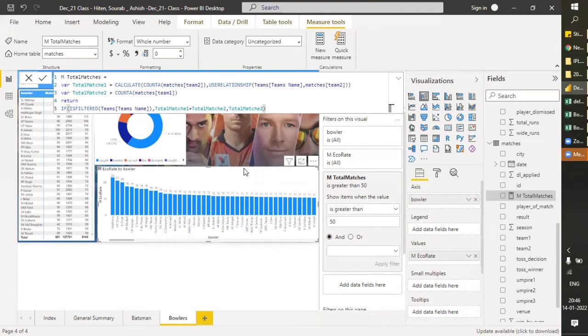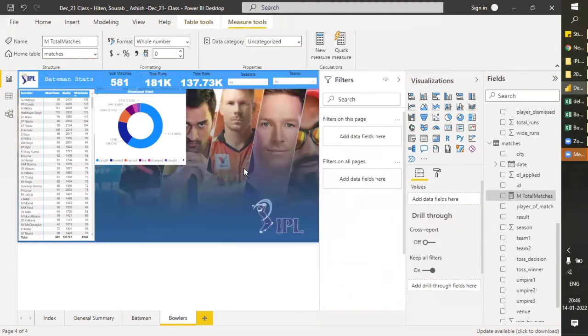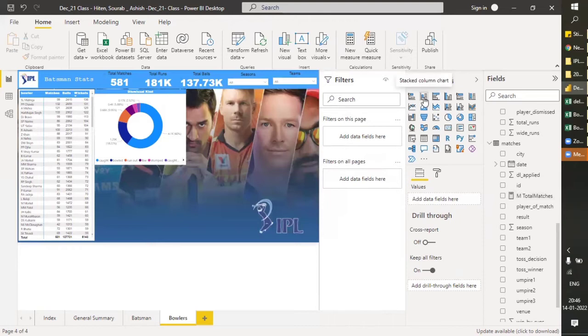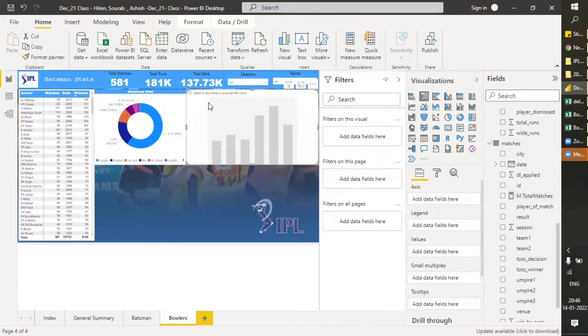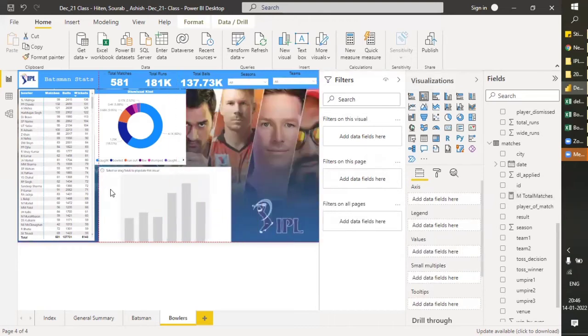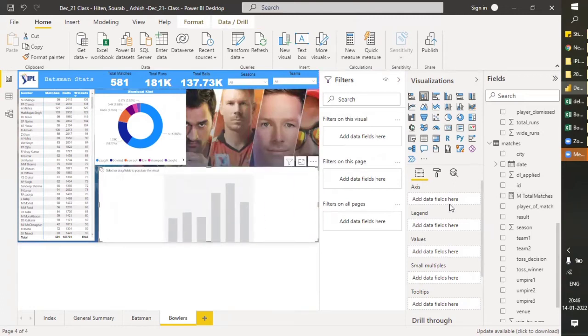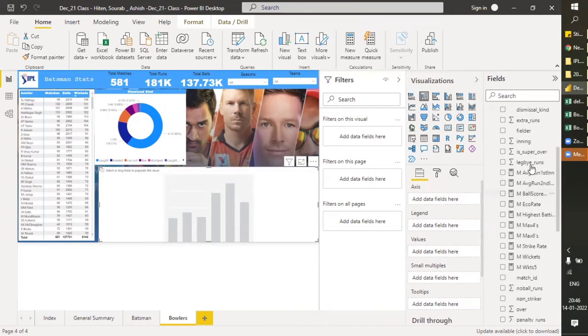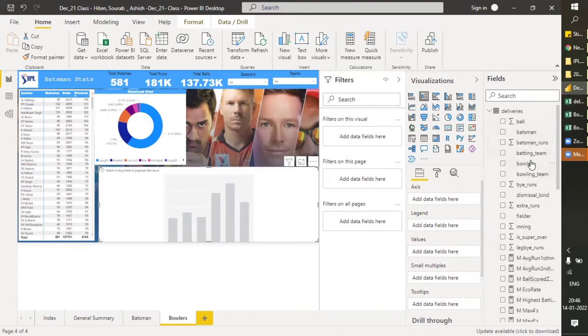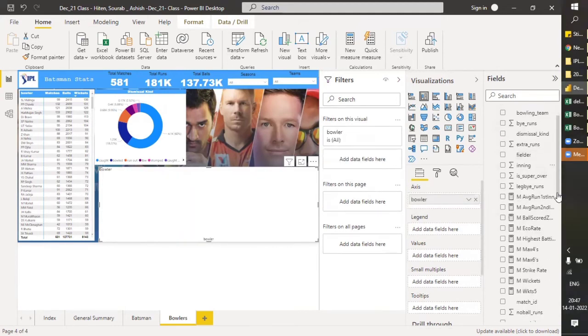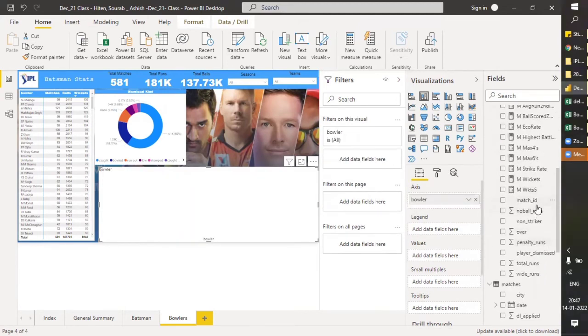Well, it's not working. Let's remove this and add another chart and start from scratch. Why is it not giving us the proper number? Okay, so let's go first with the bowlers on the axis, and then economic rate. Where is the economic rate?